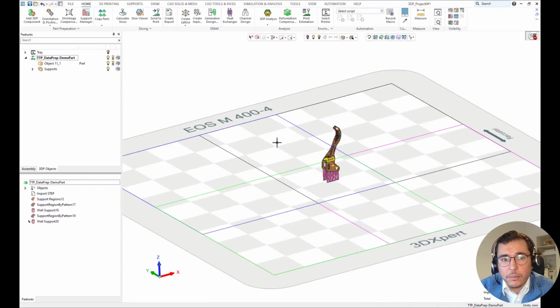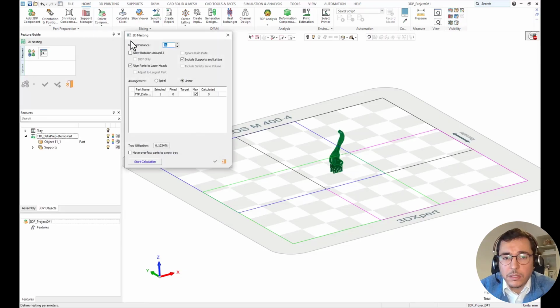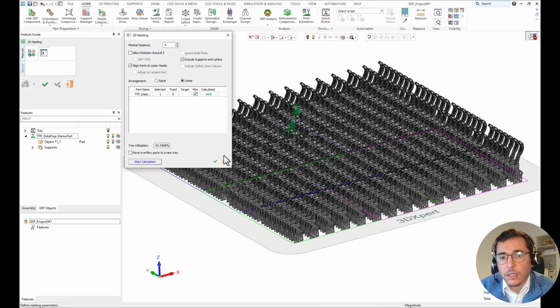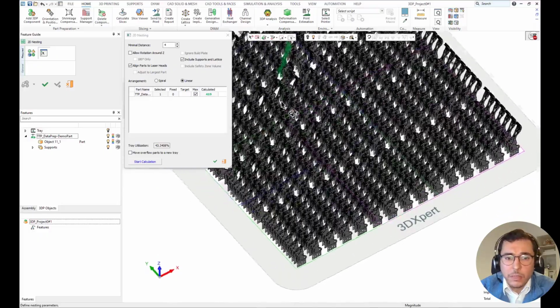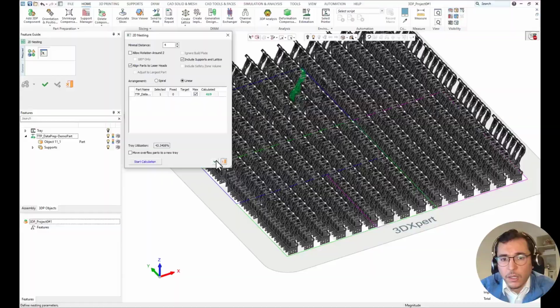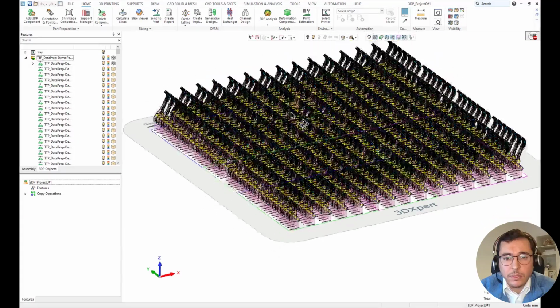And next step would be to copy the parts by using the 2D nesting function. I can select the minimum distance between the parts, and I'd like to have as many parts as possible on this build platform, and then I start the calculation. So in this case, we were able to fit 419 clones on this build platform. I can save it. So now it is saved and I can proceed to the next step,